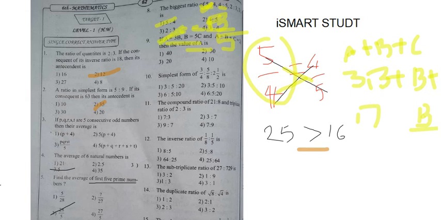And the second question, the simplest form of this. So how to write the simplest form? First convert this mixed fraction into a proper fraction. After that, take the LCM of that, and finally you can conclude. You know how to convert to the simplest form. And these two, 9th and 10th questions, are homework for you.